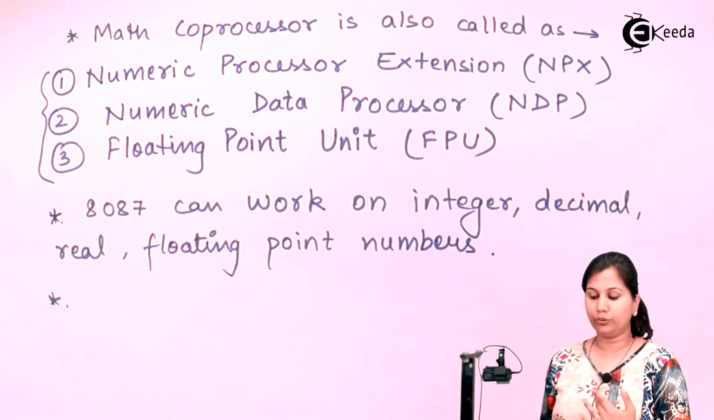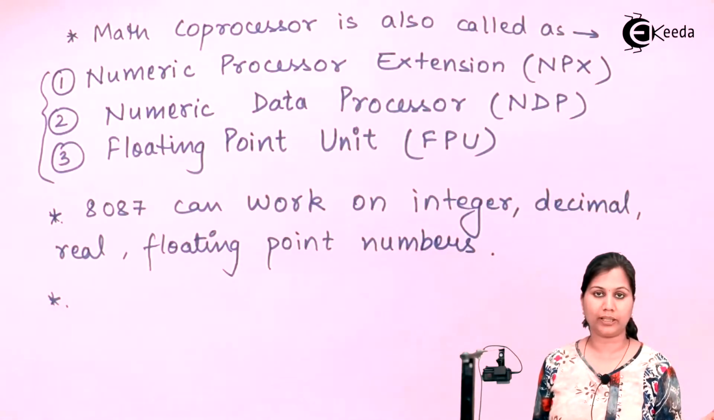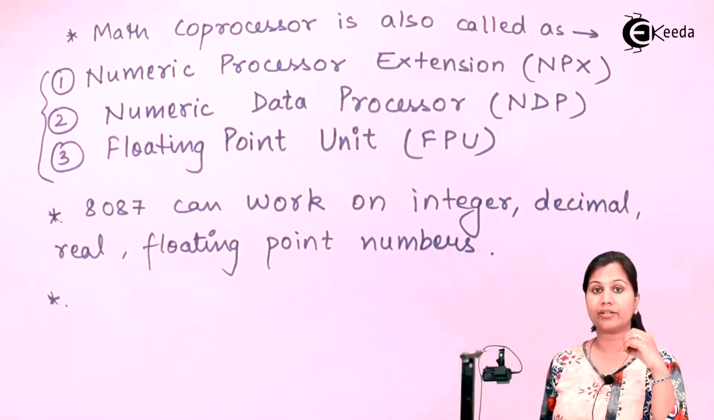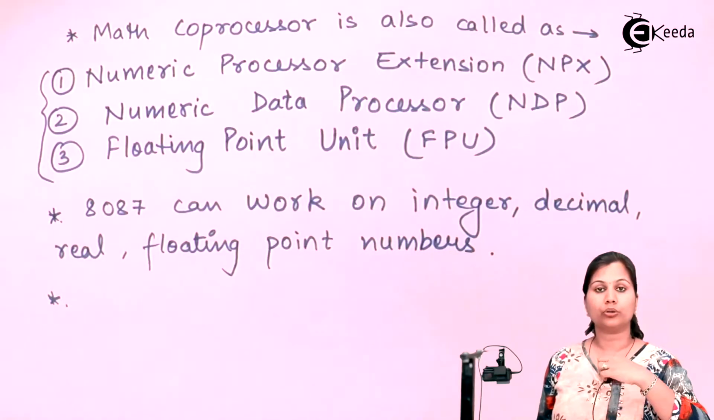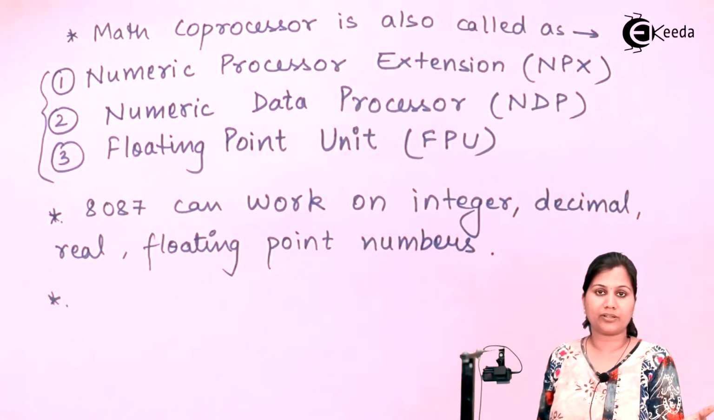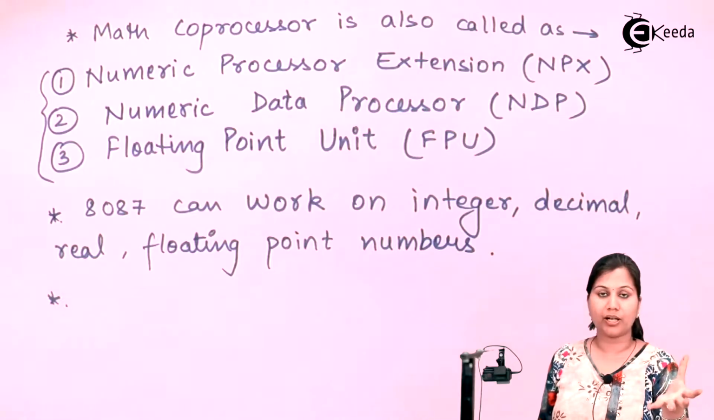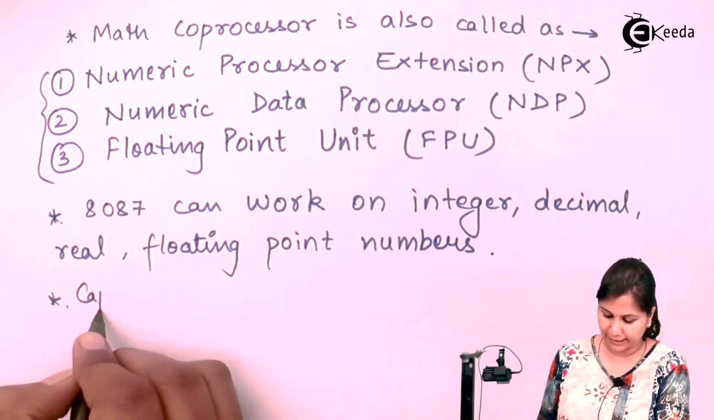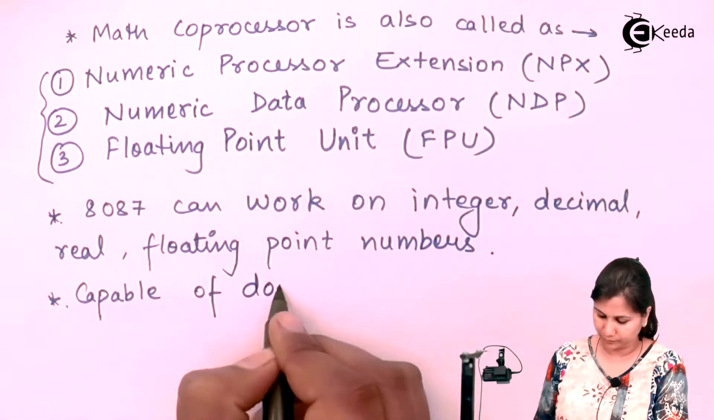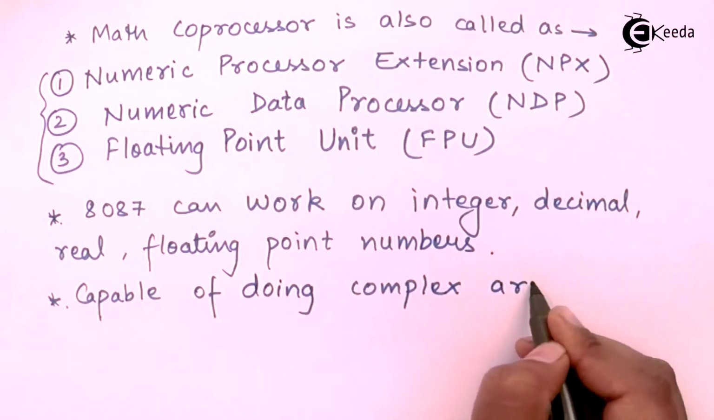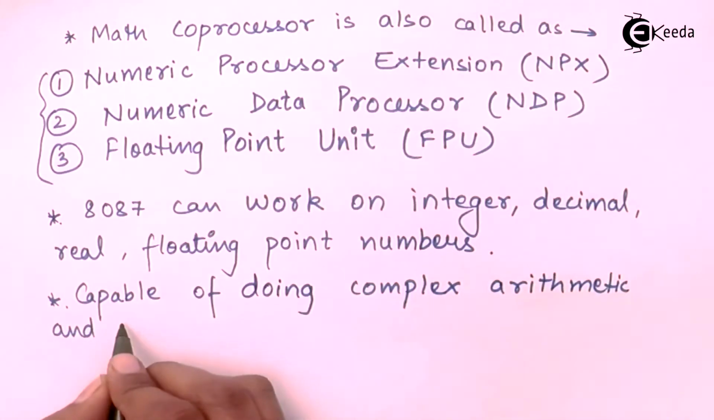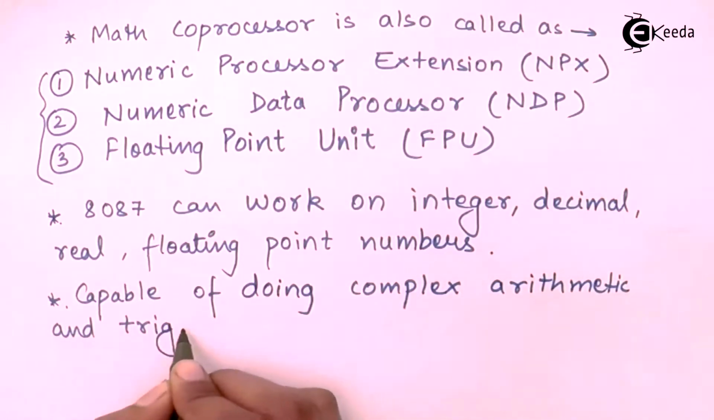Also, as I have said, it does all types of arithmetic and logical calculations. The 8087 is capable of doing complex arithmetic, trigonometric and logarithmic calculations. A different variety of calculations can be performed, and all types of high speed calculations involving either large numbers or very small numbers can be done by the 8087. So it is capable of doing complex arithmetic and trigonometric